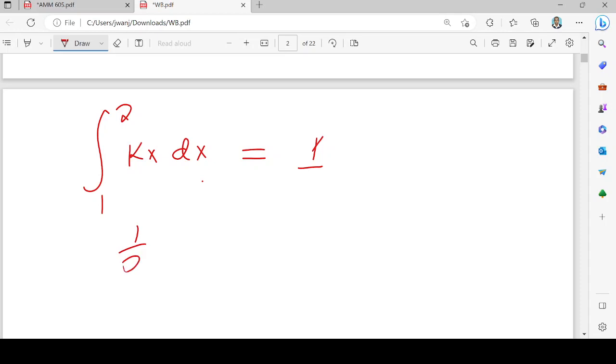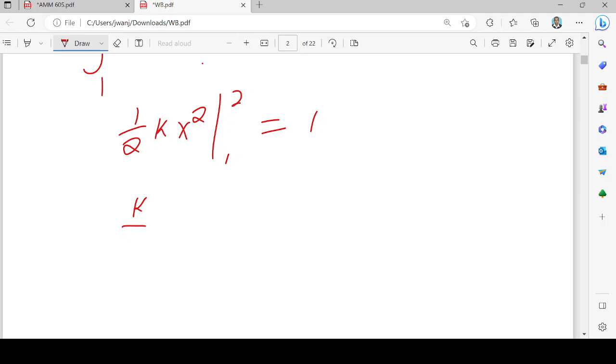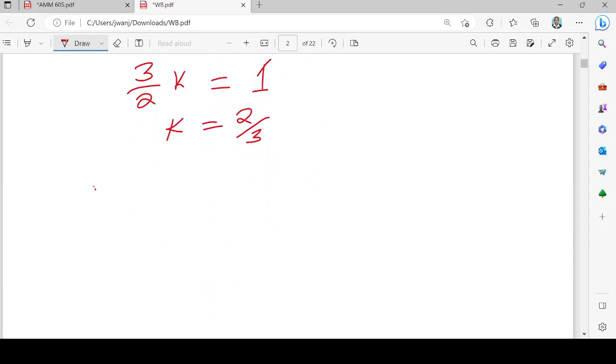Integration of this will give us a half k x squared from 1 to 2 equals 1, and this will be k over 2 times 2 squared minus 1, which equals 1. 2 squared is 4, so 4 minus 1 is 3, so we get 3 over 2 k equals 1, so that k equals 2 over 3, so that our PDF f of x we can write it as